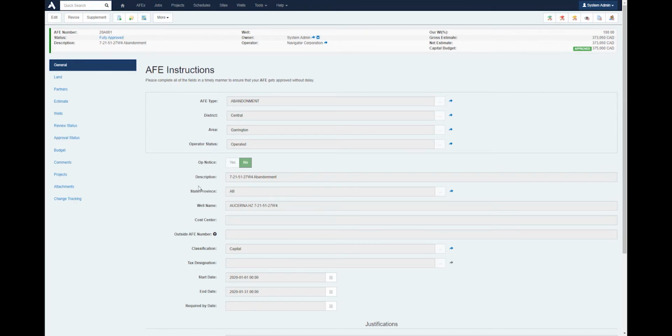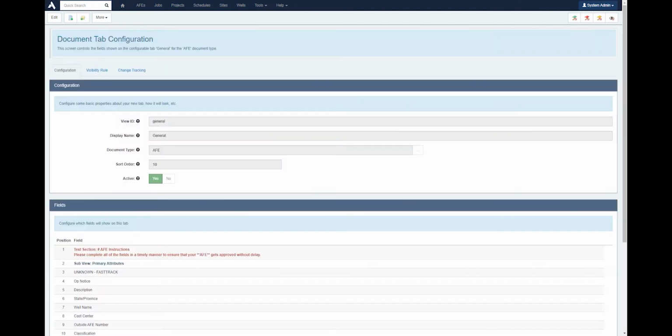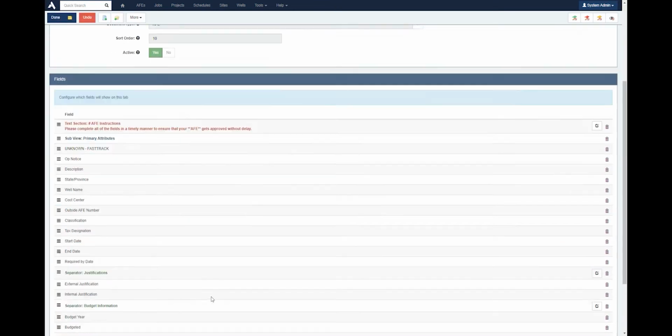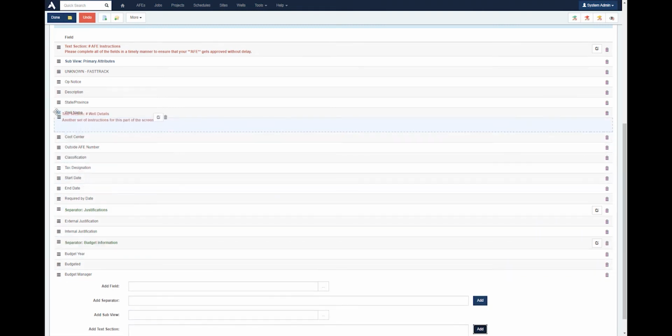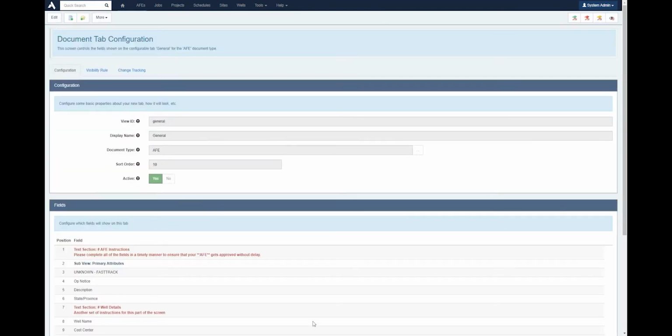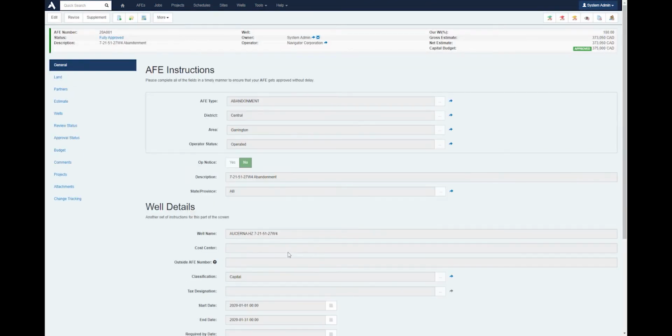We might want to add other context, maybe halfway down the screen. We're wanting to interrupt some of these fields here, maybe defining that this section is well details with a few links to some other info. So again, we can come back to our configuration. We'll go in, we'll edit that. We'll add another text section here for our well details, and we'll just drag that somewhere up maybe above our well name here. And very easily with that, if we head back into our AFE record, refresh,